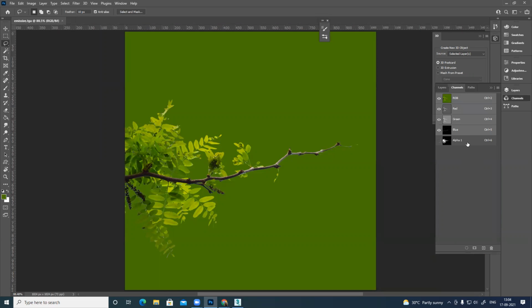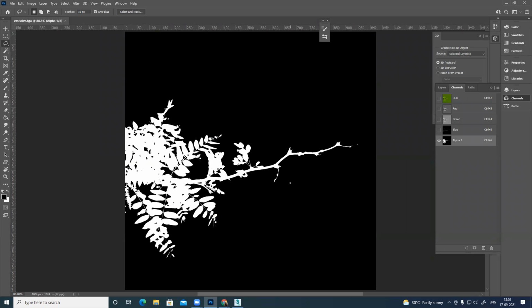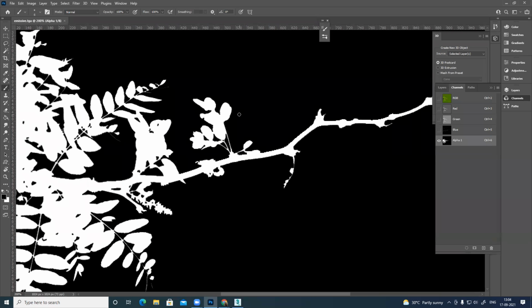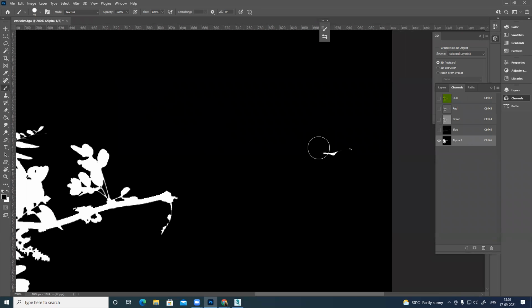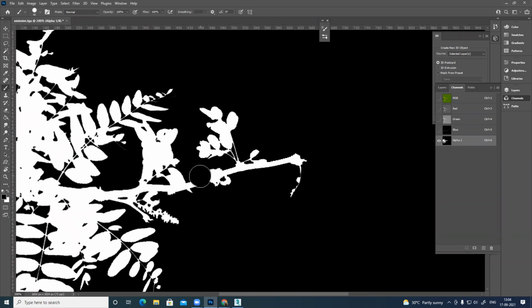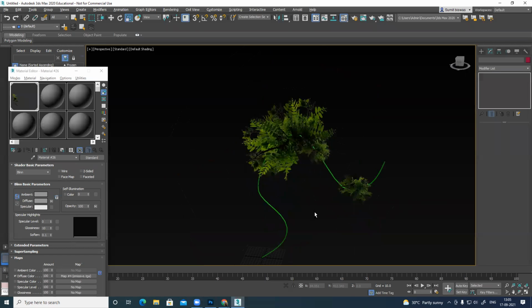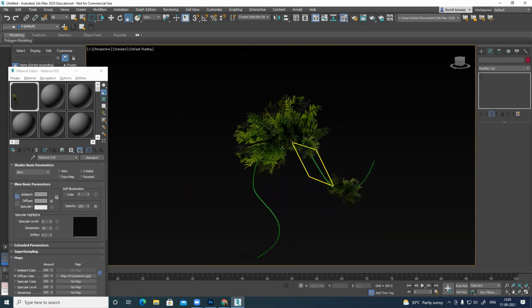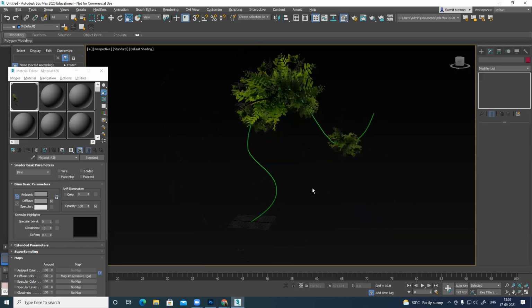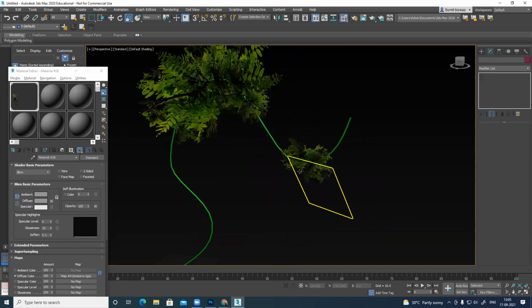Let's do that. So now I can duplicate, decrease size, and add all this and generate this entire foliage.